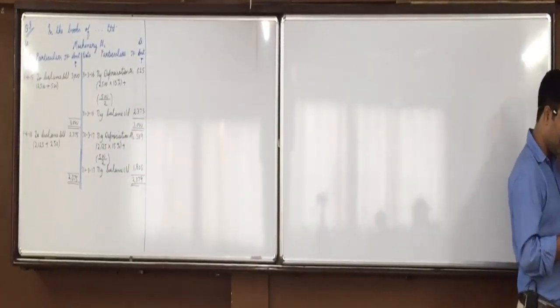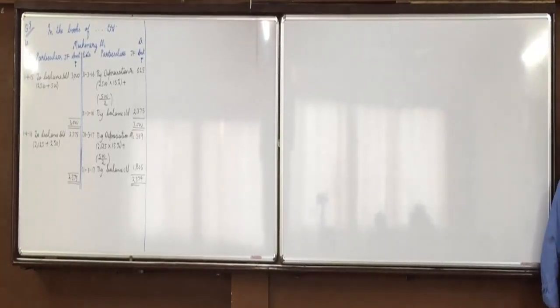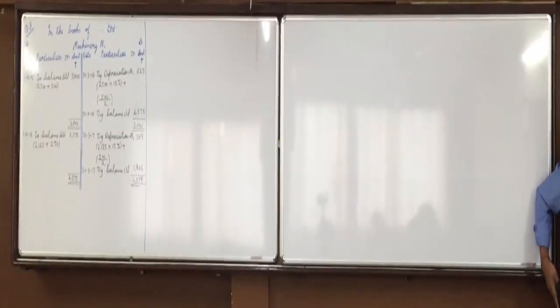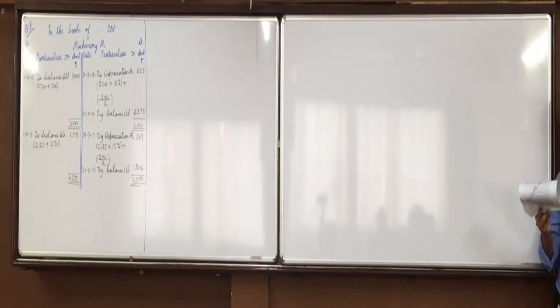Then next, physical wear and tear, then obsolescence, then legal use, meaning maybe the life is more, but you have taken a lease of 10 years, then you have to write off depreciation for only 10 years. And then management policy and repair and maintenance policy. These are the factors which affect depreciation. Okay, now what is residual value?